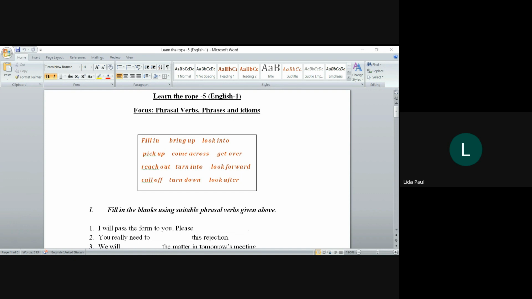So where are they used then, right? They are more abundantly used in your conversational English. So much so that if someone is unable to use phrasal verbs properly in speech, then it may be considered that the person isn't fluent enough in the language, right? Or in other words, using phrasal verbs properly and commonly in your speech would say that the person is a good speaker. By good speaker, we mean a fluent speaker, somebody who is able to use language easily, right? So this is the importance of phrasal verbs.